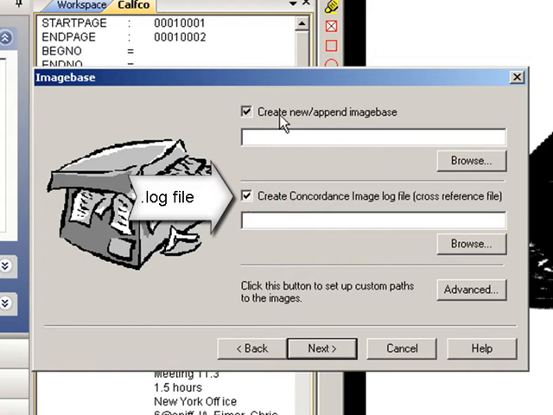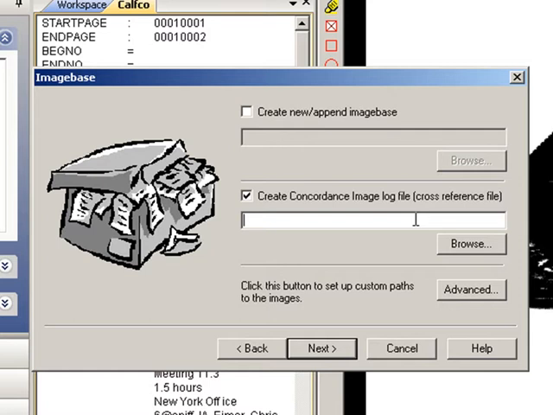The image load file format is universal in that it is simple text that can be adapted by any software, whether it be Summation, Access, Excel, etc. But the dir and vol files are proprietary to Concordance. So unless the party receiving your production has Concordance, a dir or vol file will likely not be any good to them. So I'm just going to go ahead and check off the image load file generation,